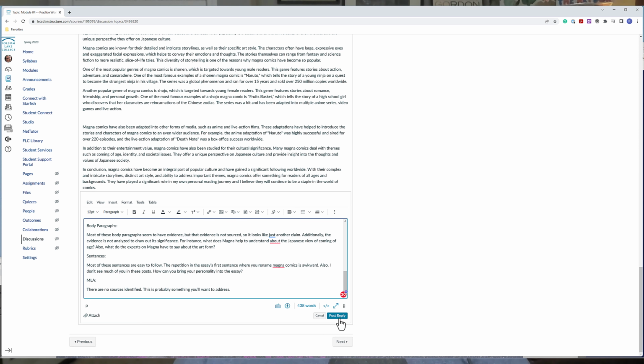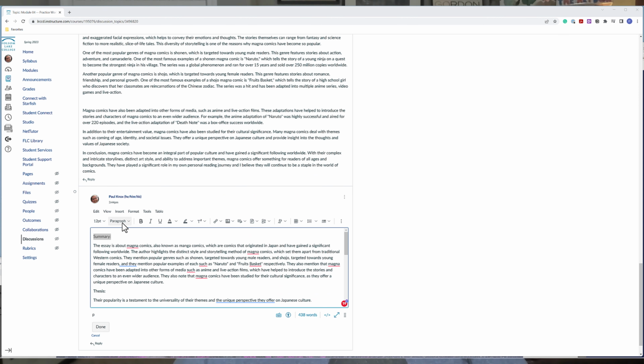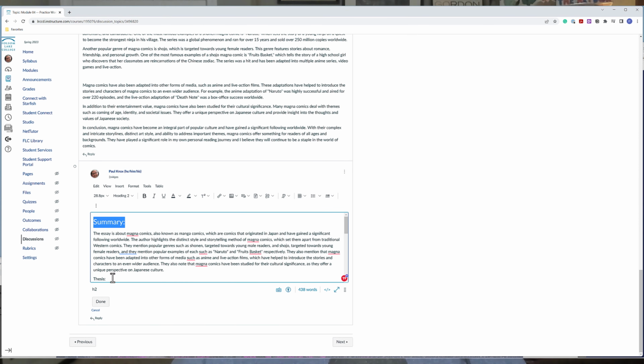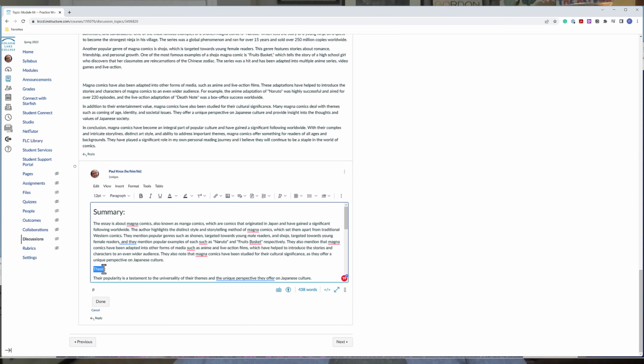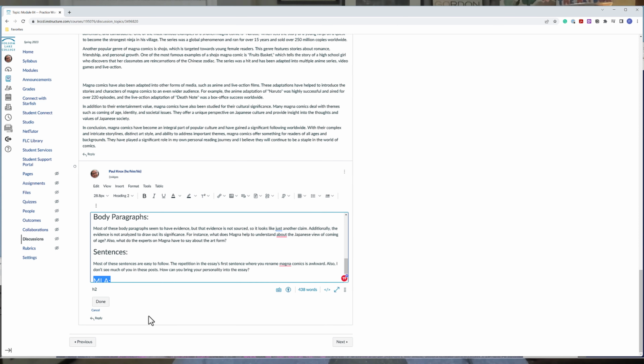Or if you want, you can go through and make it look a little fancier by using headers to organize the various pieces, which would actually be pretty nice. We want to make sure these were all set to the same heading level. And we want to pick the biggest heading level we can start with, which in this case is heading 2. So we select post reply, and now I have the response. This would typically take somewhere between 45 minutes and maybe longer than that.